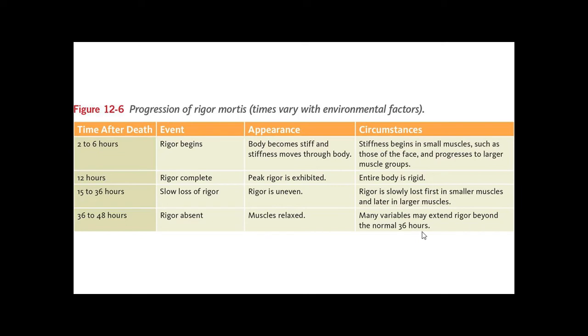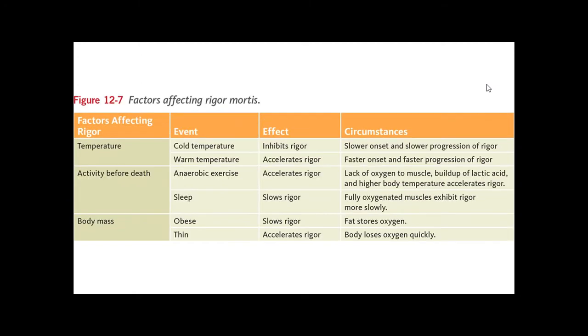So a lot of these things are going to repeat themselves, where we're talking about what factors influence our conditions, affect our different mortises. And I have those for you on the next slide. So temperature: if it is cold, it will slow down rigor, so it prevents it or inhibits it. If it's warm, it'll make rigor go faster. So the hotter the environment, the faster rigor will set and move through the process. So you as an investigator have to be aware of the conditions that the body was found in.